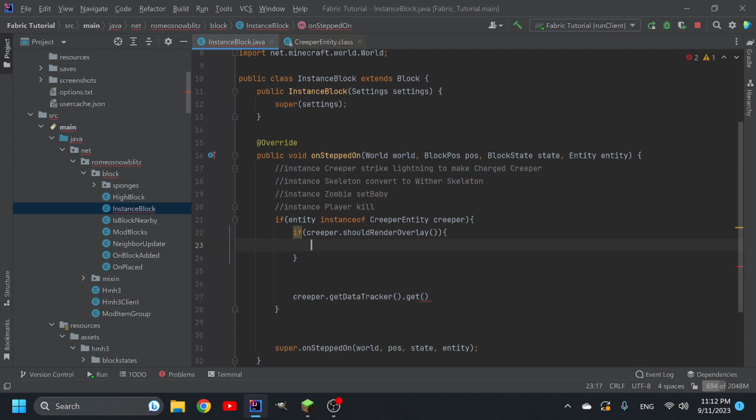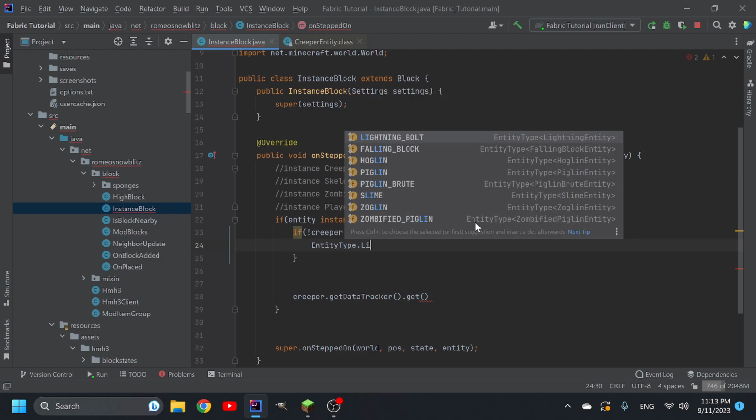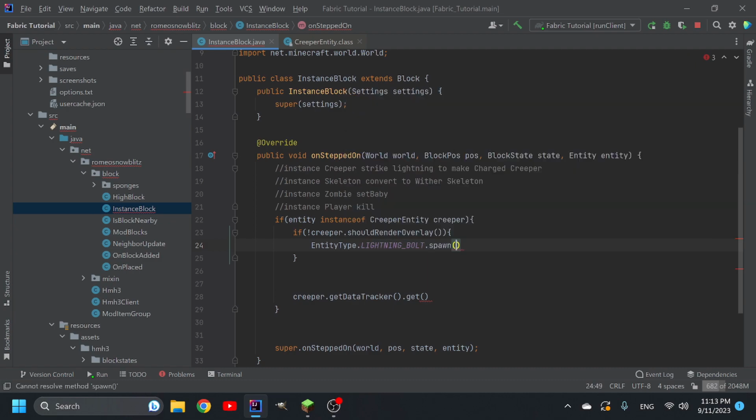Why should we not do that? Because you shouldn't strike a creeper that already has it. So how do we make sure it's only if he doesn't have it? You would simply put an exclamation mark saying that if it's not a charged creeper, then we want to summon the lightning, and we can do that by doing EntityType dot LIGHTNING_BOLT dot spawn,